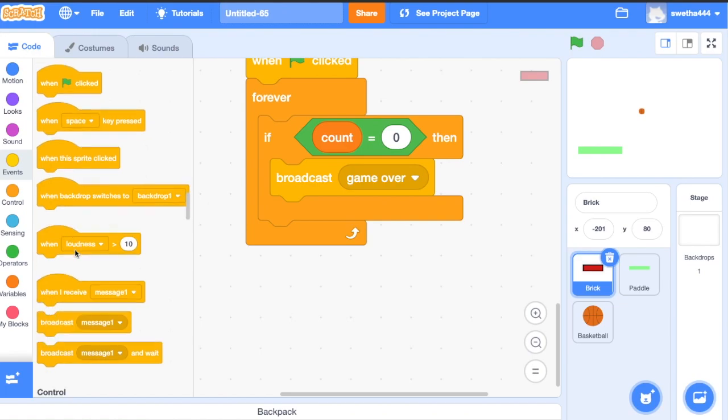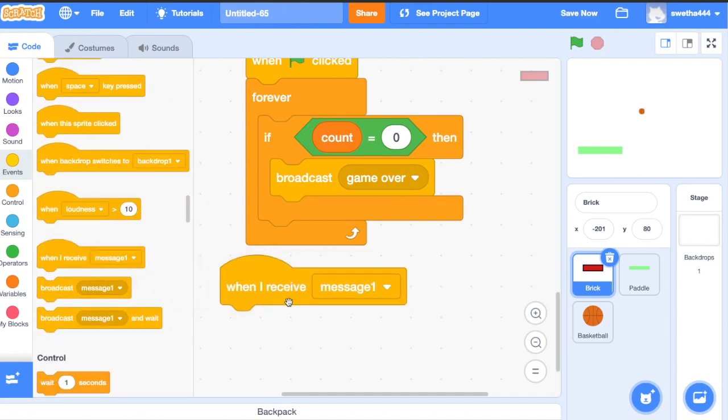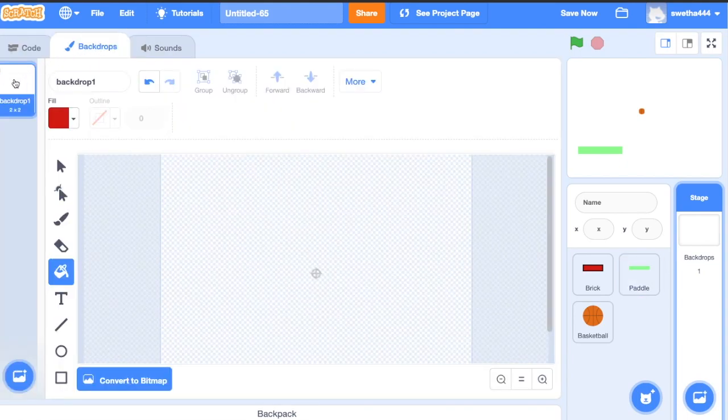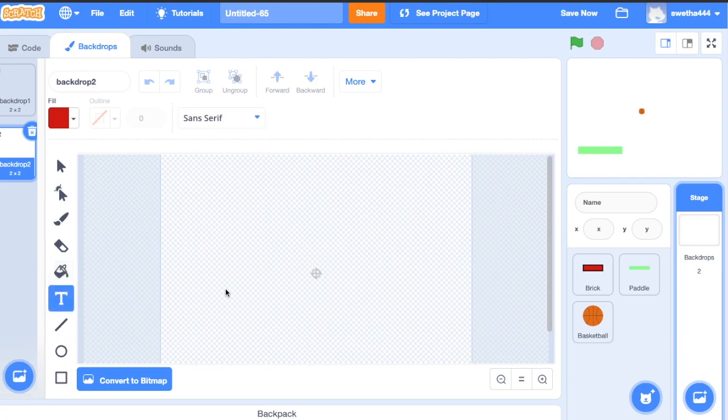Then click on events, when I receive the message game over. Okay, we'll create some backdrop for that. Click on backdrop, click duplicate backdrop, and create some text: Game over.